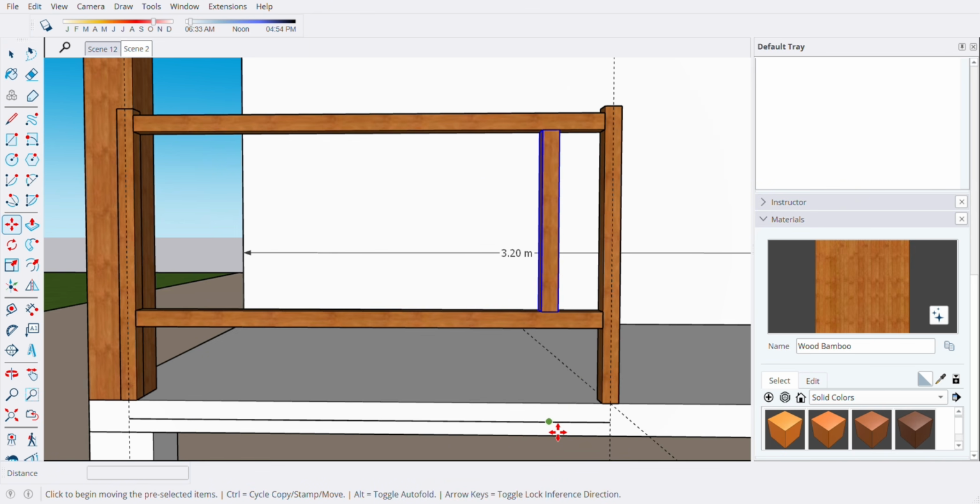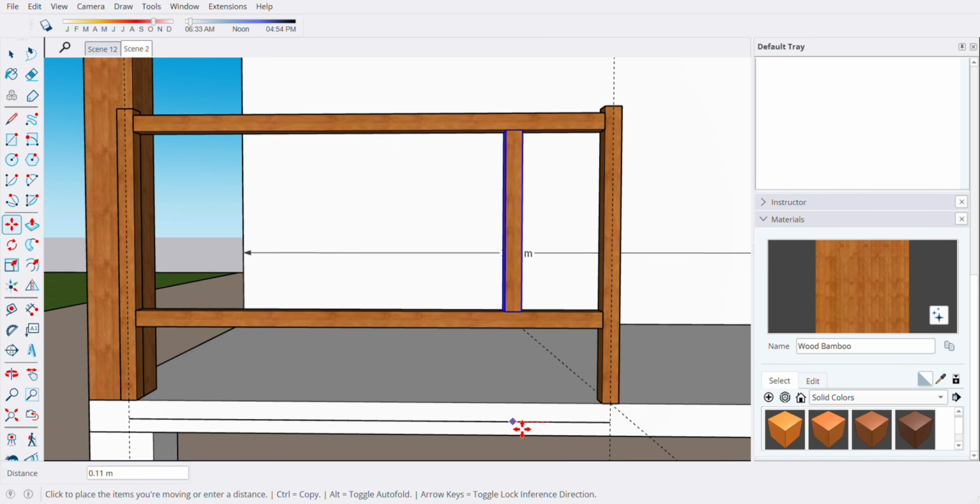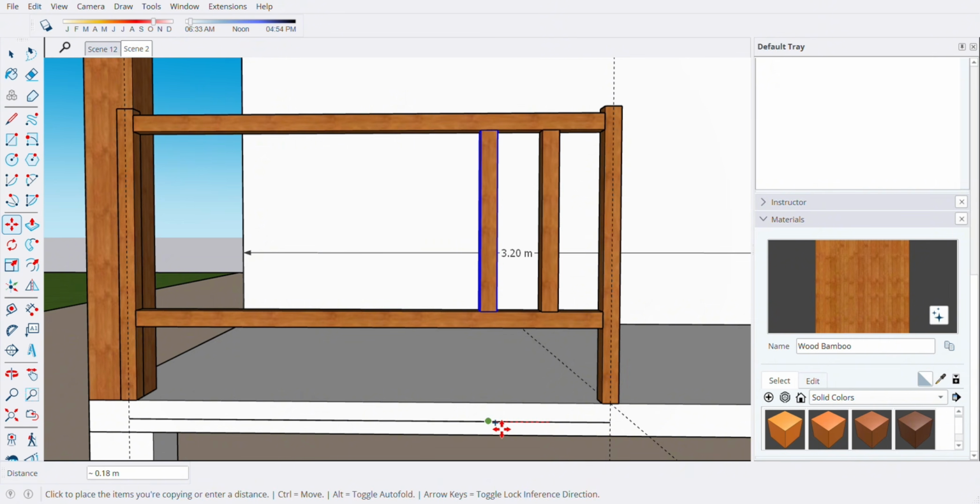Copy, your reference would be at the endpoint. To remain a copy, press Control, and then your next snap or pick point would be the next endpoint, from endpoint to endpoint.